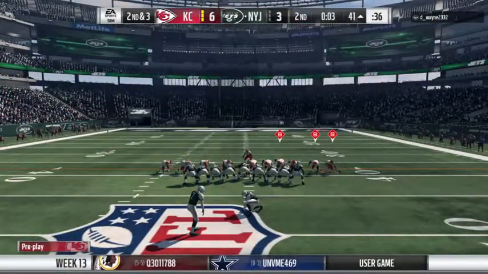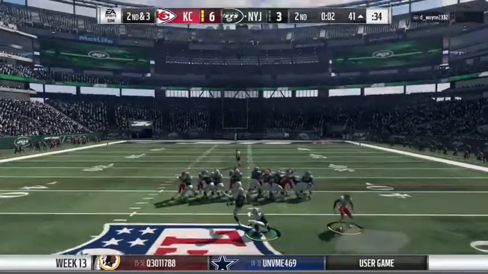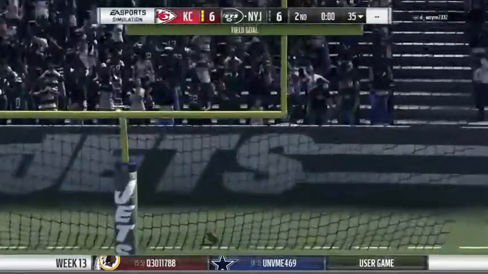On is the field goal unit to see about getting 3 points. So this will be spotted on the midfield logo. It's a 58-yard attempt. And the kick is good. He needed a little help there from the...